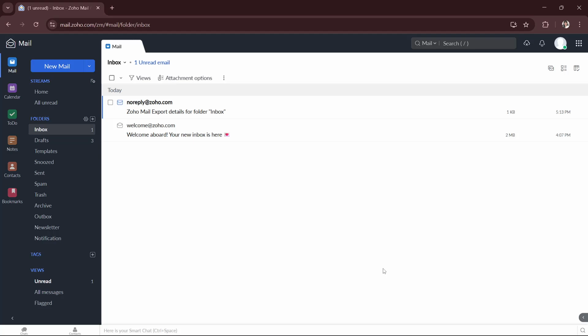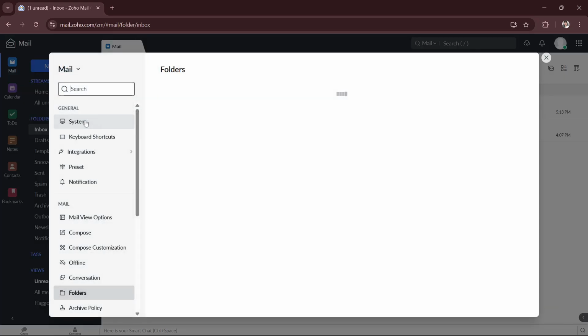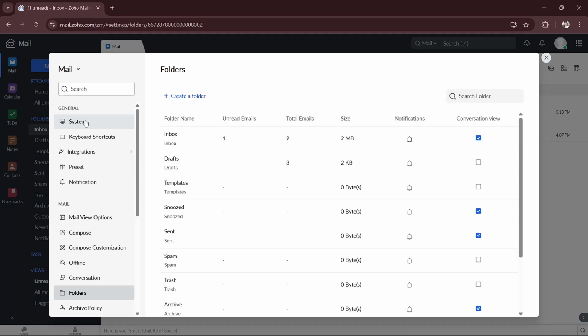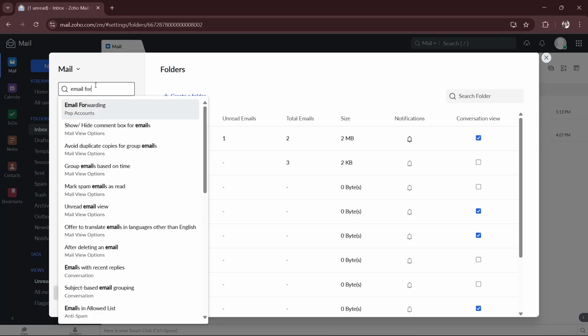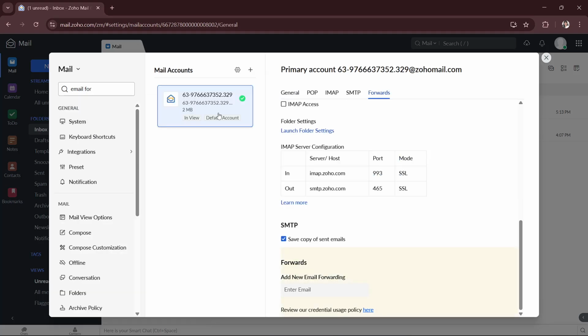So once you're on your Zoho Mail, what you will have to do is click the settings icon, which is right here. And then under the mail settings, you will look for email forwarding and POP IMAP. So search for email forwarding and then just click that. And then once you're here,